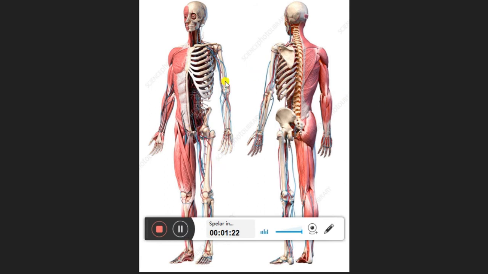In this picture you can also see layer by layer how our body is arranged. The upper surface is fully covered with the hard muscles. Then inside, you can see the bony structure, and then inside there are so many nerves, thread-like structures, and the circulatory system is also involved in this. A very clear picture you can see here, where the bones are arranged and how the muscles are covering the bones.